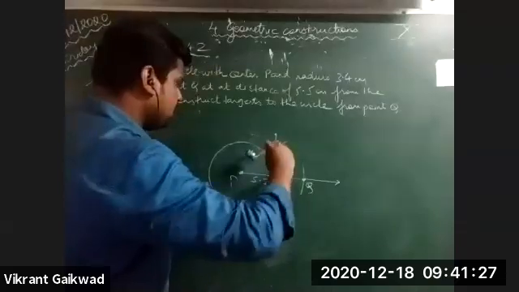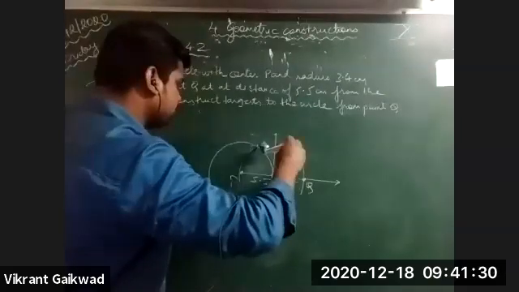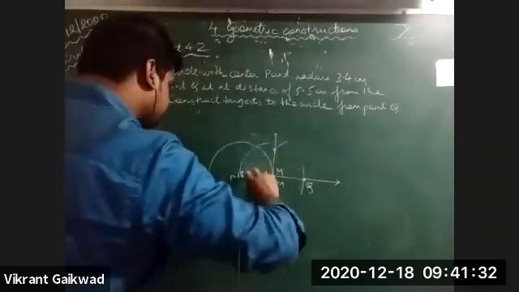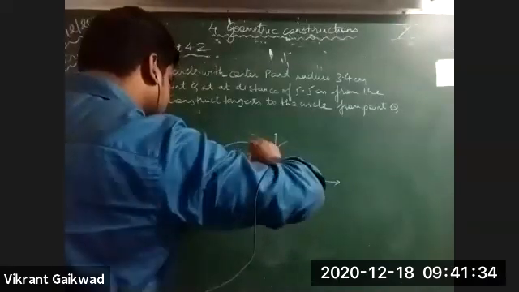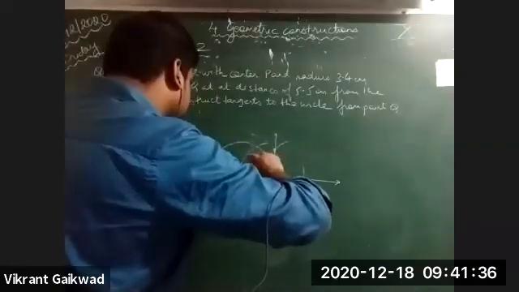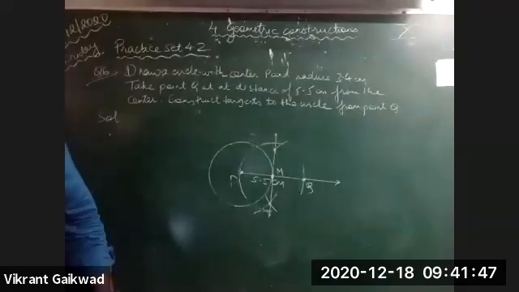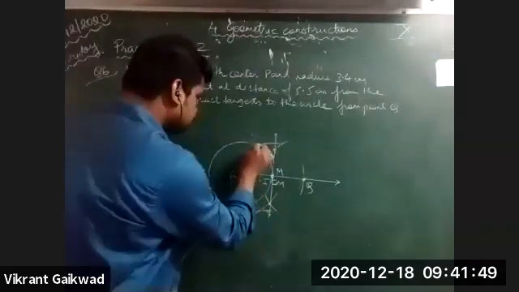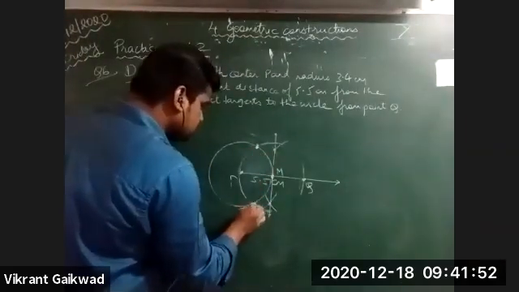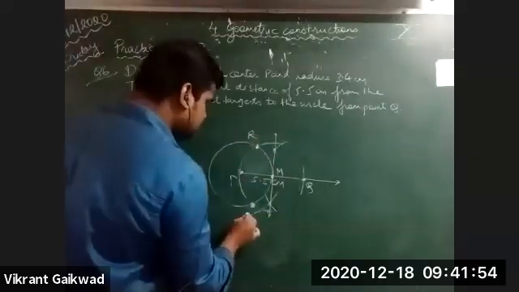No problem, beta. Now, see, what I'm going to do is you just have to draw a semicircle. You don't have to draw the complete circle. Just draw a semicircle. Okay. So you'll get the two points on the circumference. Say point R and S.